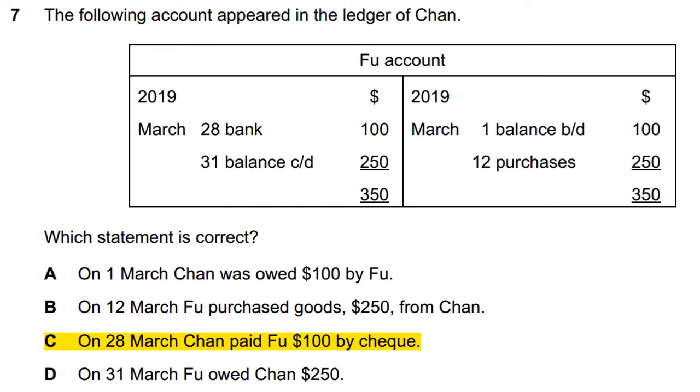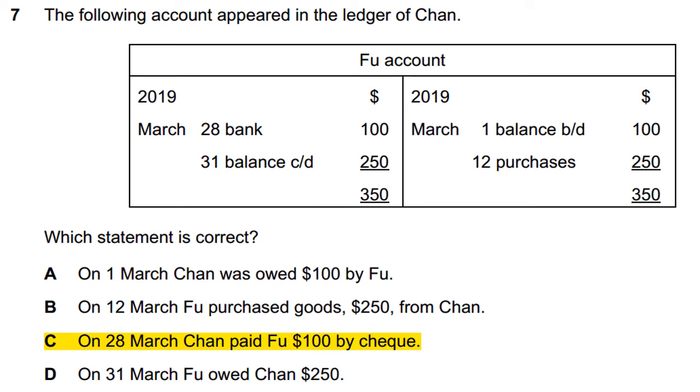And number 7 is, the following accounts appeared in the ledger of Chan. Fu account. Fu is the supplier of Chan, and the opening balance of the supplier is $100 on 1st March 2019. Because this is the liability of Chan, he will record it on the credit side, balance b/d on the credit side,